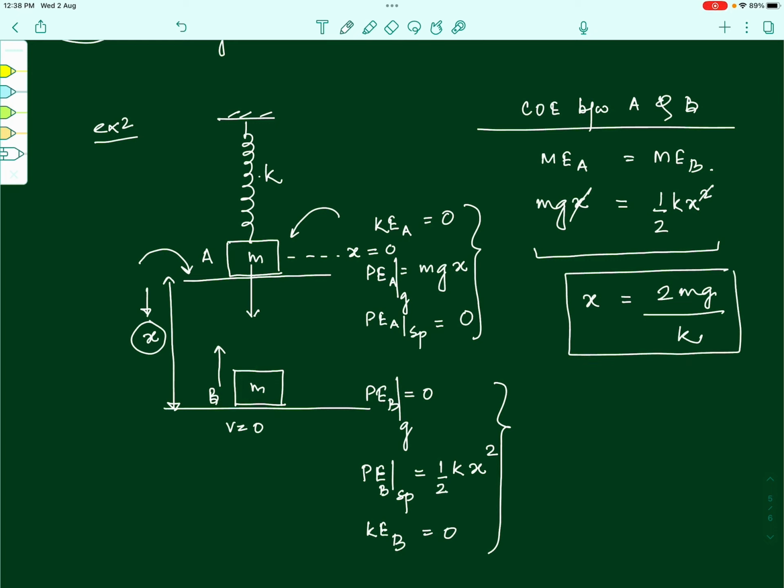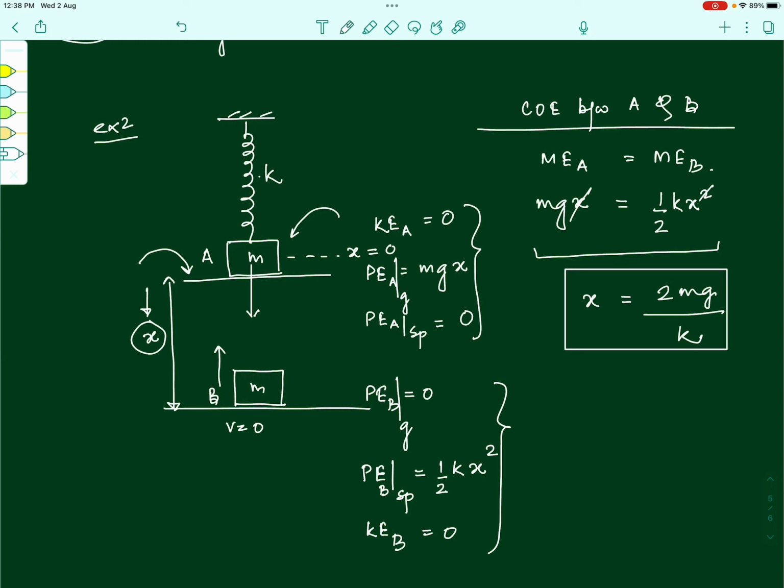Okay. There is one important aspect that needs to be understood here for this particular question. Understand that neither of the positions A and B are equilibrium positions. At both the positions, the block will have a certain acceleration. At the point A, the acceleration will be downward because the spring force is 0 there and the mg force is acting downward, right? Whereas at the position B, the block will have a net acceleration upward, because at the